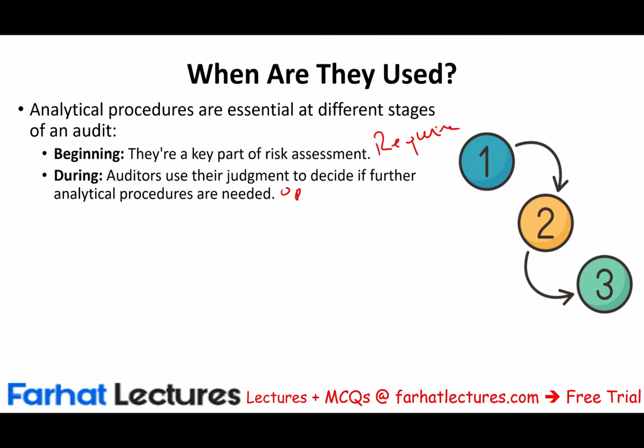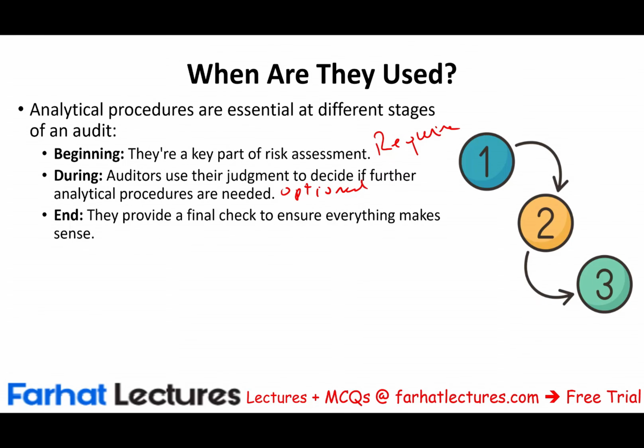This step is optional. At the end of the audit, they provide a final check to ensure everything makes sense. This is required. And in the real world, this step is carried by senior manager or a partner, someone who really understands